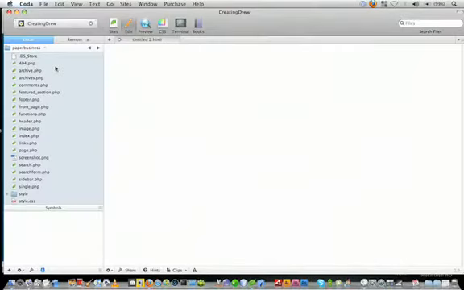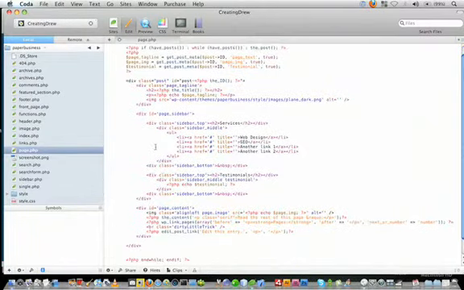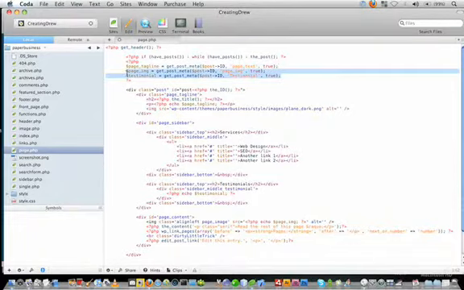So if we come over here and we go to the page.php file, you'll notice that it's still pulling testimonials out, which we don't need. It's pulling out a page image, which we don't need, and it's pulling the page text, which we do need. So we can go ahead and get rid of a bunch of this stuff, and we're going to do that right now with a new